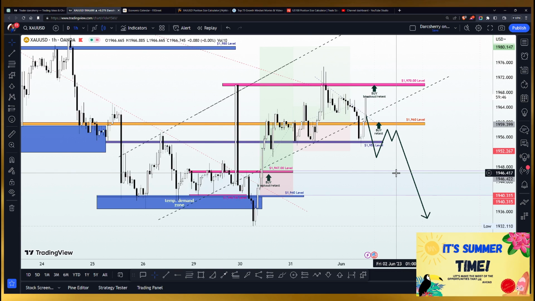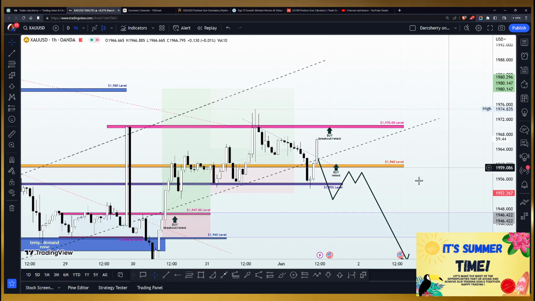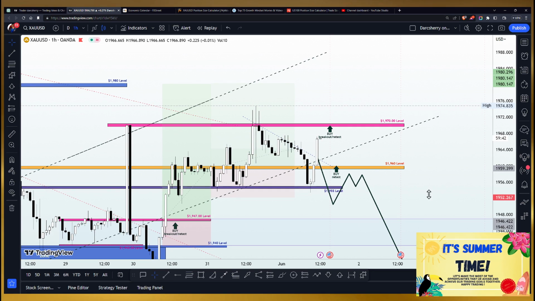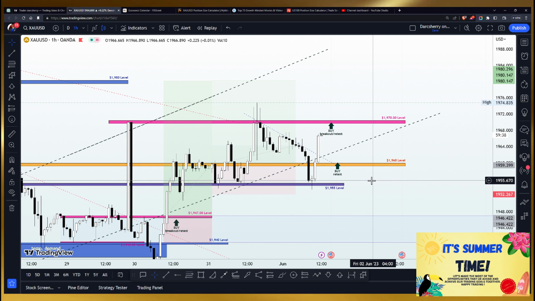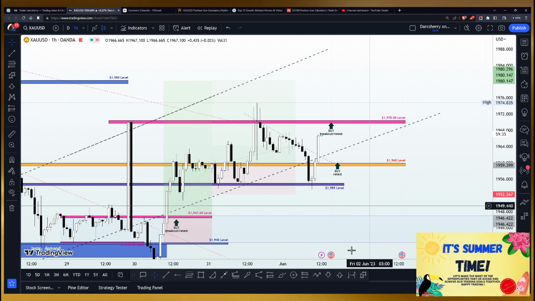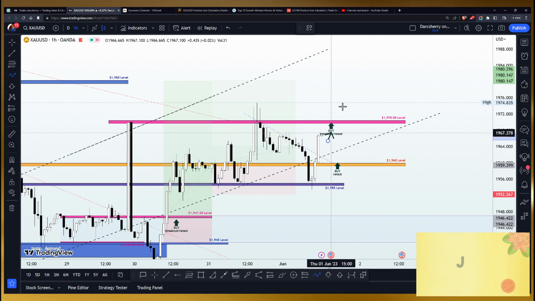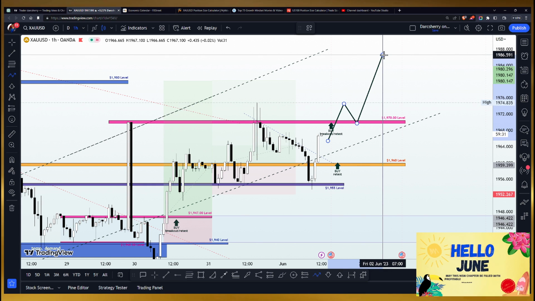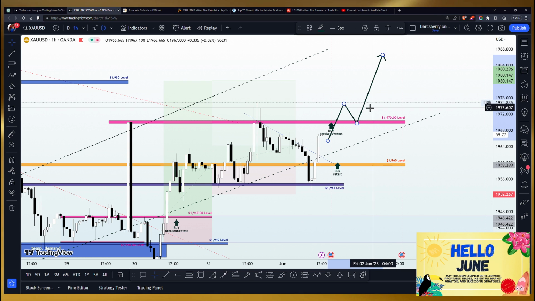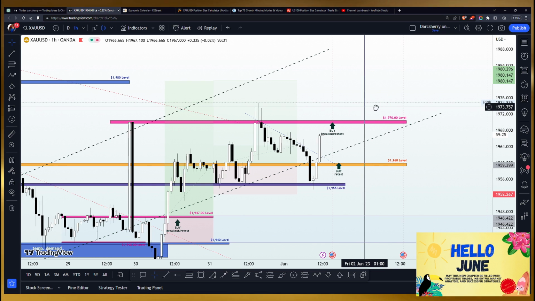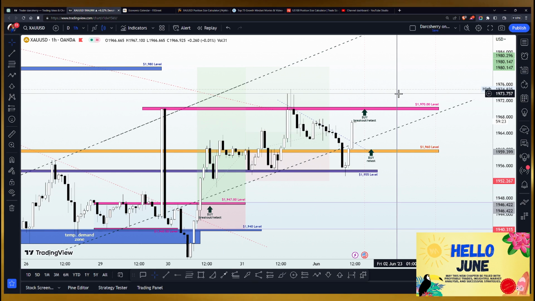And lo and behold, we already have a close of this candle. So this candle has closed bullish at this point. I'm looking forward to more opportunities to buy, and there is a high chance that we could have a breakout of this key level to maximize the potential of this bullish momentum. So let's be on standby to catch these opportunities. So that is that on the XAUUSD for today.